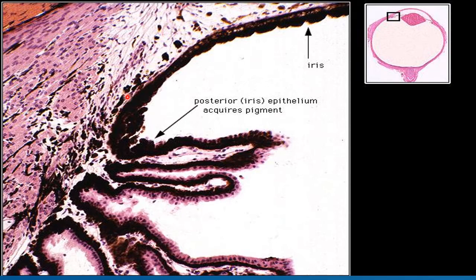From here the iris starts, and you will appreciate easily that towards the iris, the arrangement of the ciliary epithelium changes dramatically. The pigment epithelium is now towards the outer side, and the lightly staining non-pigmented epithelium is towards the anterior border, facing the stroma of the iris. So that is reversed in order from the ciliary process and ciliary body towards the iris. These two layers of epithelium in the iris are reversed.